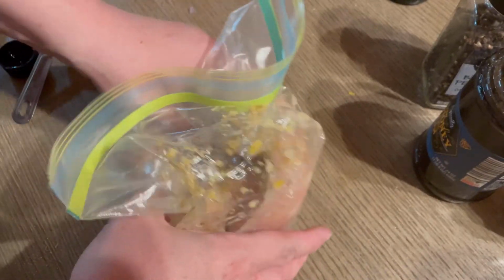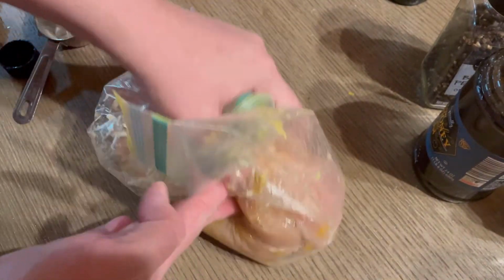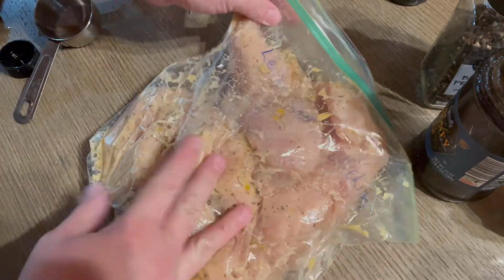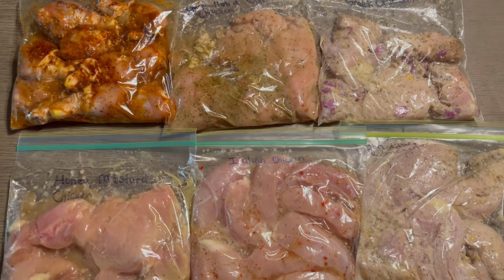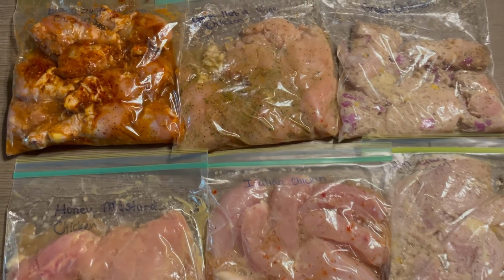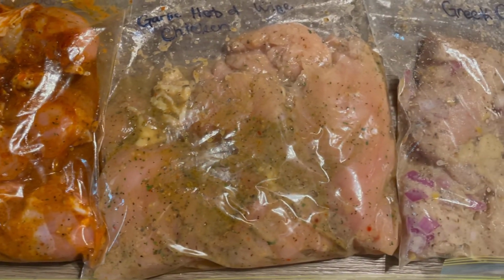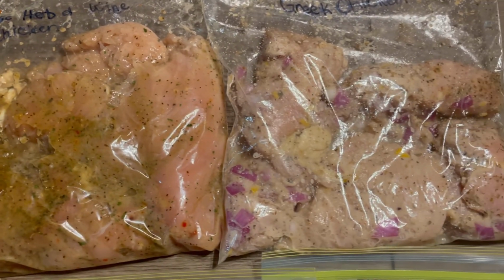And let me just say, I timed myself. It took me just like 2 minutes under half an hour to make up the chicken for all 6 meals, which isn't bad at all, because whenever I go to cook these, all I have to do is throw them in the smoker, oven, Instant Pot, crock pot, what have you, and throw together some sides, and I just save myself my time on days when we're busy with school or extracurriculars, or maybe we just want to throw something in the crock pot and go out and walk and explore and not have to worry about it. So I hope you enjoyed coming along with me to get all 6 of these chicken freezer meals started